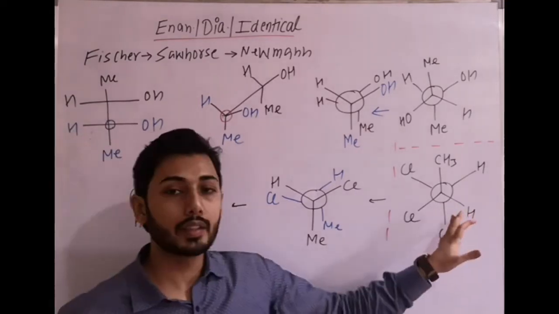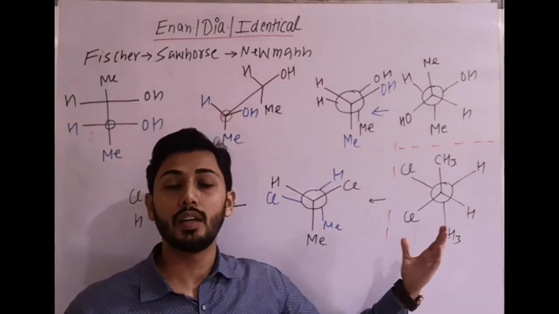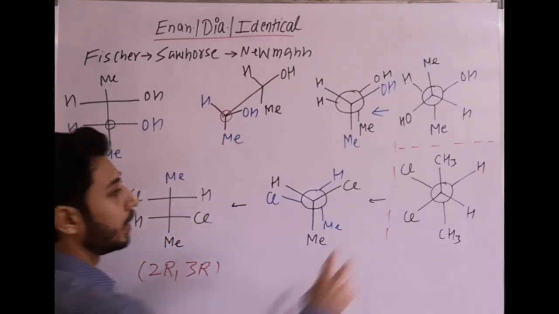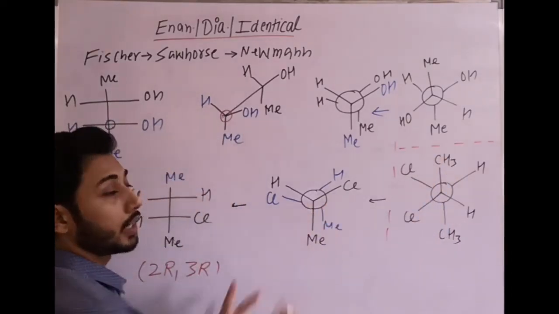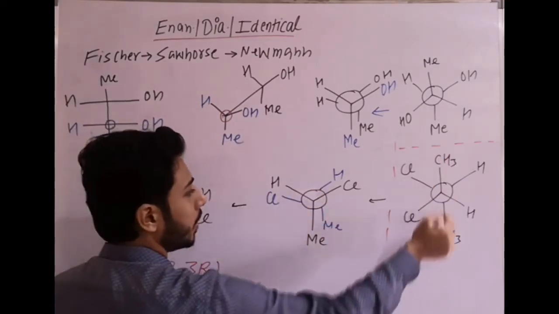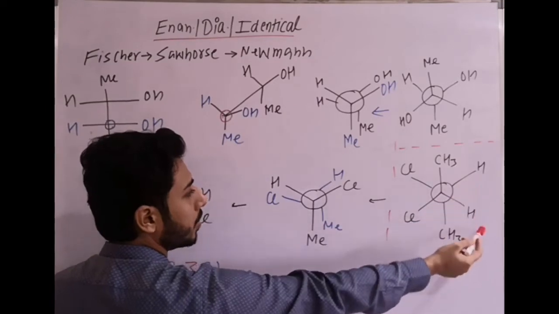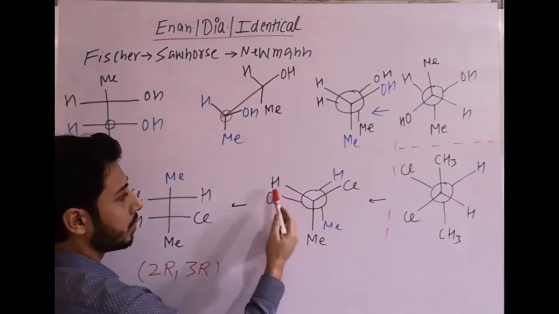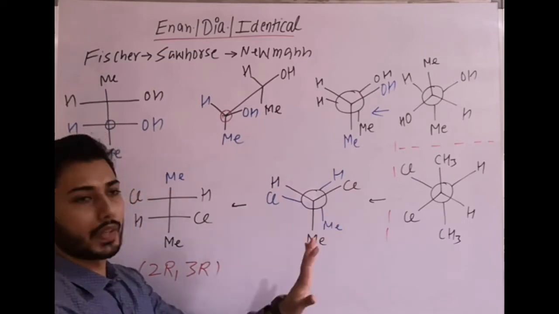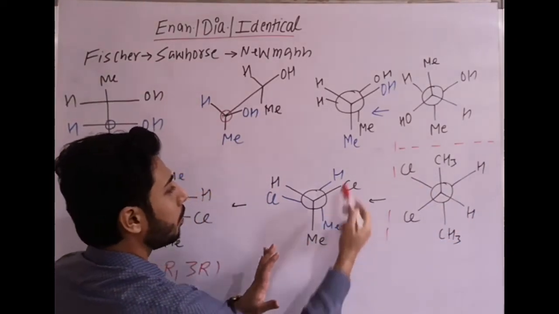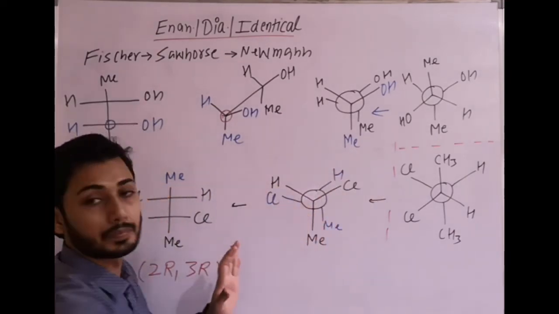Another molecule I had given, you have to find out the RS configuration of the chiral centers. That is the way: we rotate it by 180 degrees to convert it into Y form. Rotating, this CH3 goes there, Cl goes exactly opposite, and this H goes exactly opposite. You can see Cl on the right side, H on the left side. The back carbon is fixed, the back carbon has methyl and H on the right side. Here in blue color I am marking H and Cl.